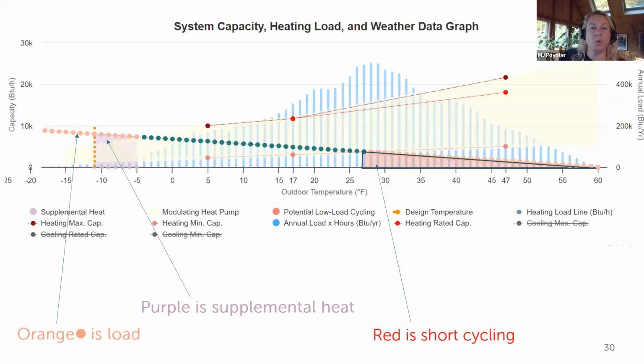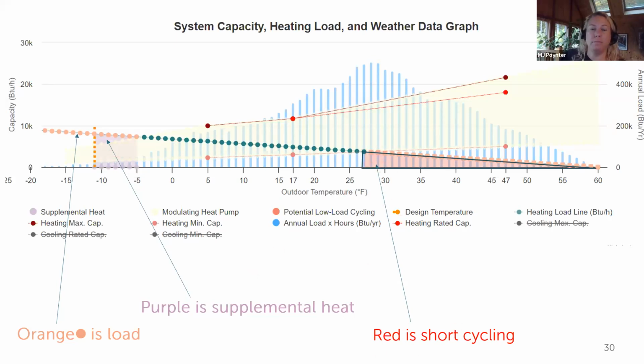I put this into the tool. What I found was my short cycling went from 30 down to 27. And now my yellow cone of where it can perform versus the orange, which is my load, now there's just a teensy tiny amount of supplemental heat. And for the most part, this heat pump is going to meet the load of the space,